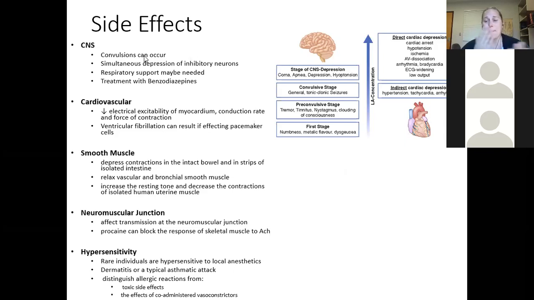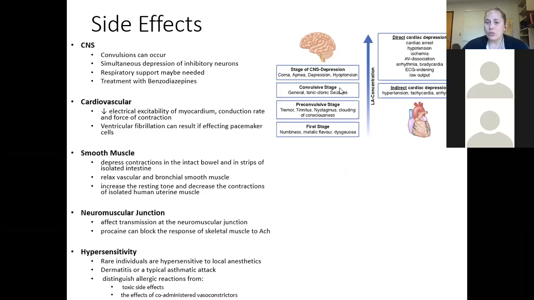And so when you're playing that push and pull between excitatory and inhibitory, if by chance you silence a lot of inhibitory synapses simultaneously, it can lead to convulsions essentially because you've removed the brake pedal for the central nervous system. Not surprisingly, the treatment for this would be benzodiazepines for over excitation. You want to agonize the GABA A system. And so in that case, respiratory support might be needed.